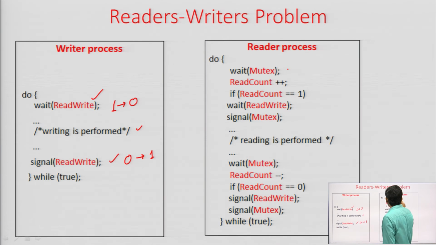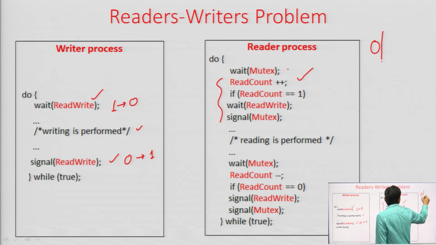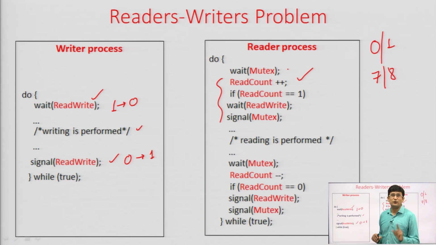So, we are doing all these computations in a mutually exclusive way. First, if this is the reader process, obviously the read count will be incremented by 1. If there were 0 read operations, that should come to 1 now. If there were 7 read operations, let us increment it to 8 now. Now, if the read count is 1, it means this is the first read operation, then we should restrict the write. Since the reading has started, writing should not take place.